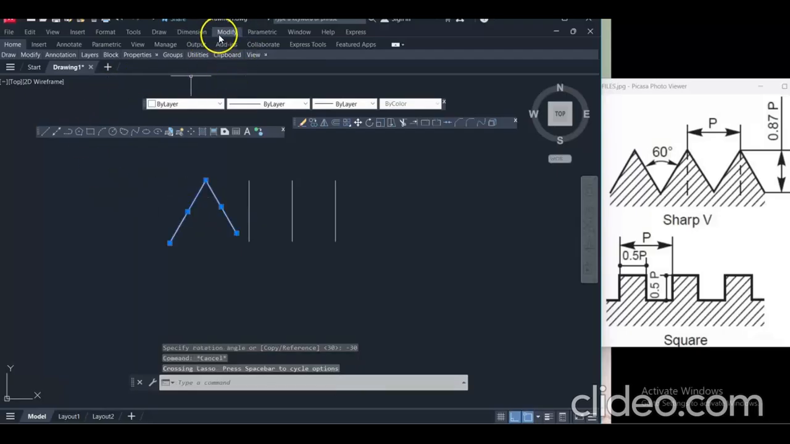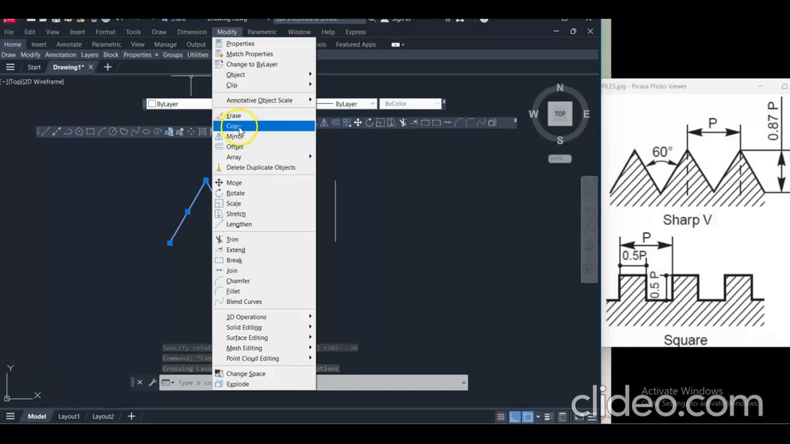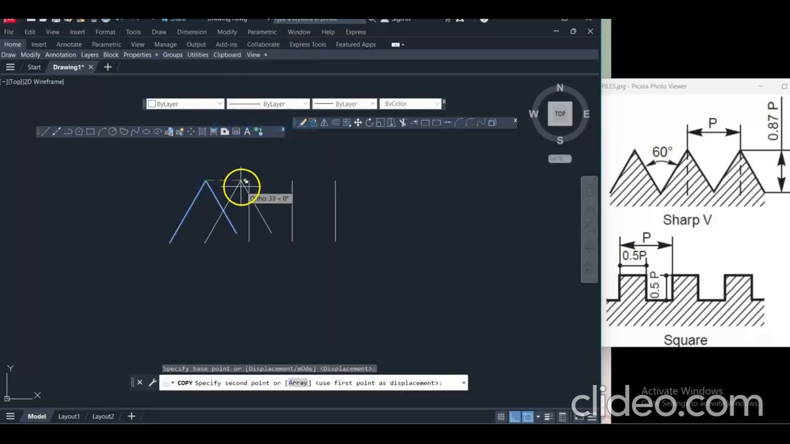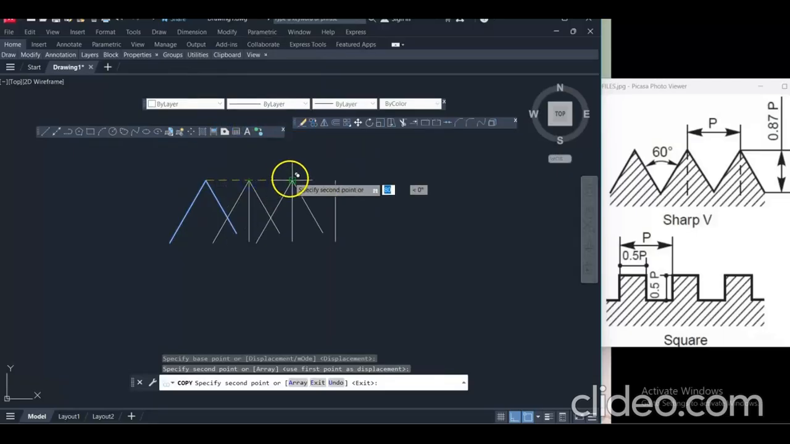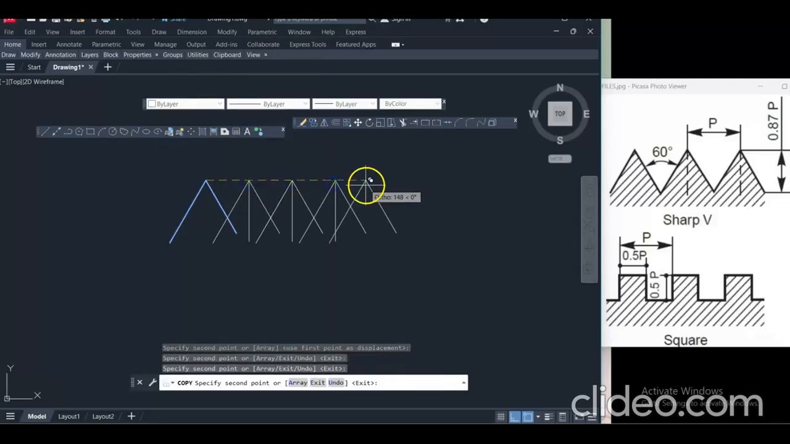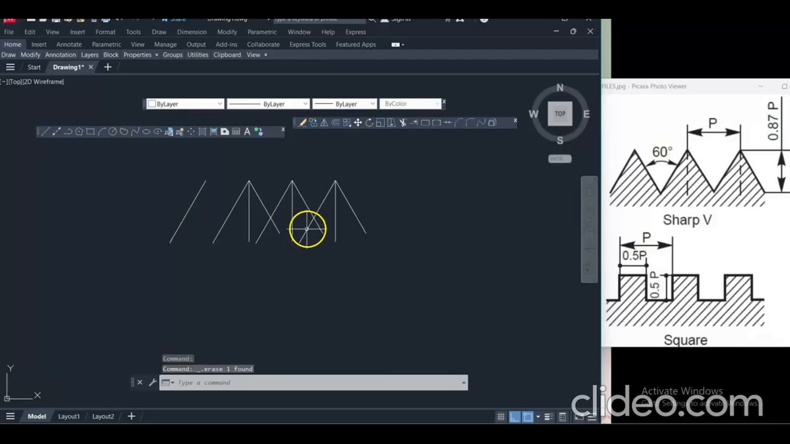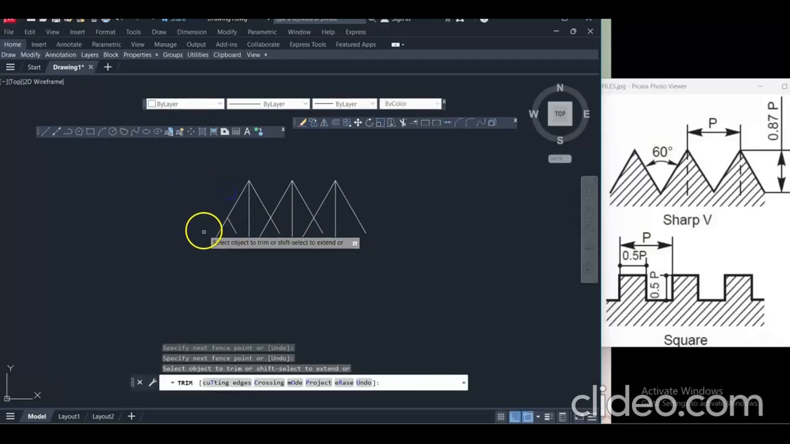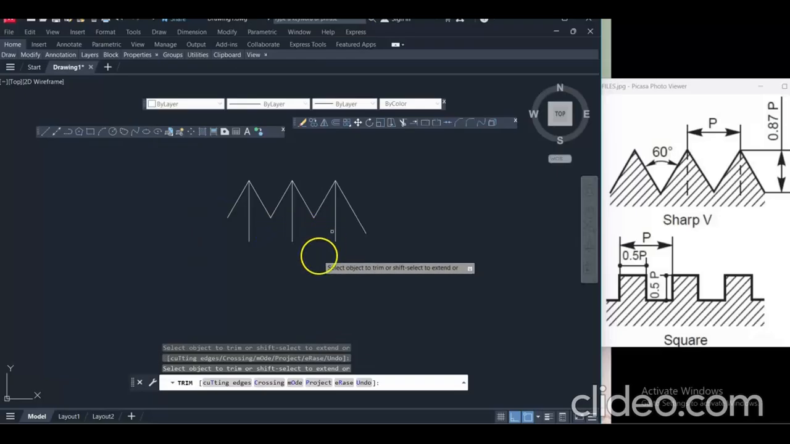select this shape, modify, copy, move from that apex points. Move the apex points. Okay, trim the unwanted portions. Okay, then